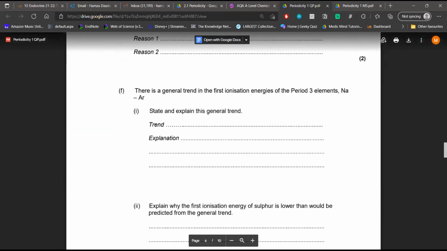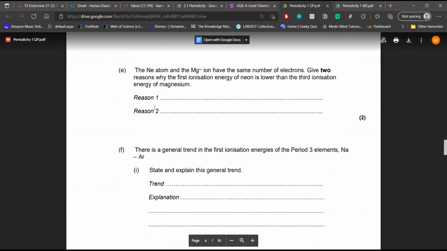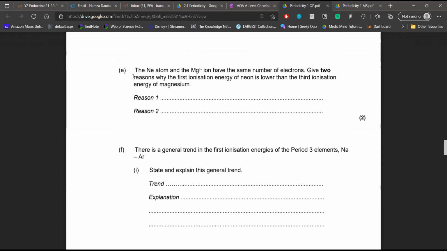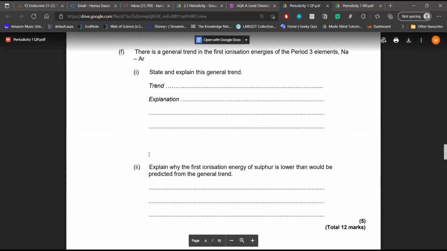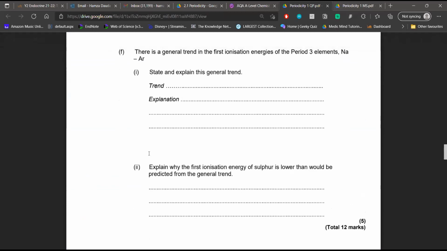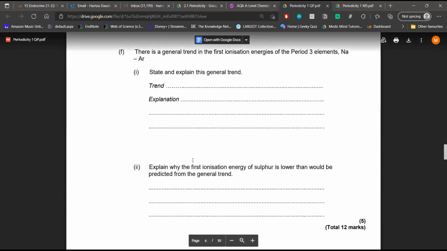Not that one. Have a go at F and then F(i) and (ii), please. And then when you're done, type it in the chat. I'm going to give you about